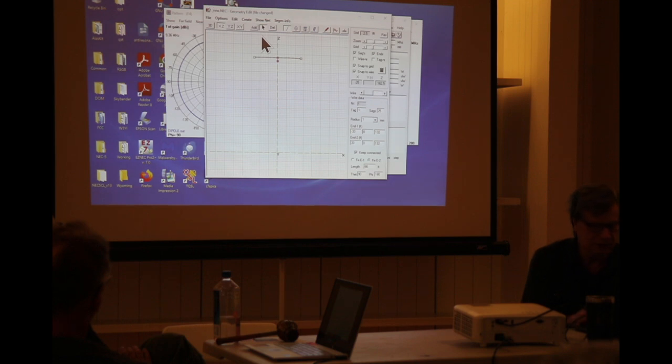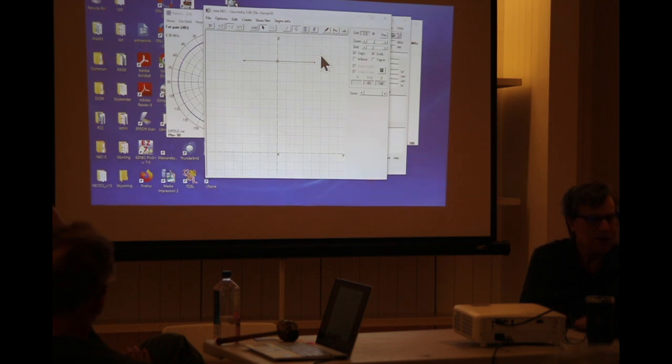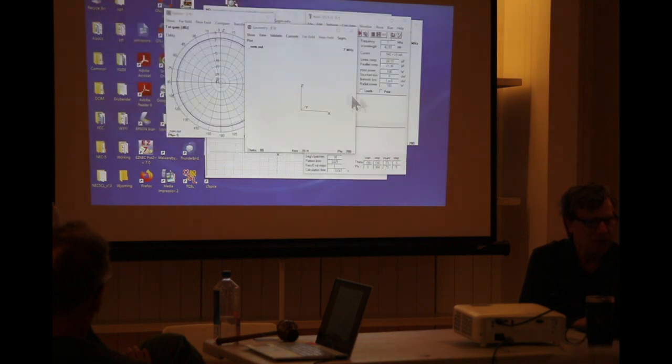Well, let's just delete that. So now we have a dipole floating in space here. Oh, I need to get rid of one of those feed points too. Yeah, when you remove the, there we go. Okay, so now we have a plain dipole in free space, and our impedance is, I don't